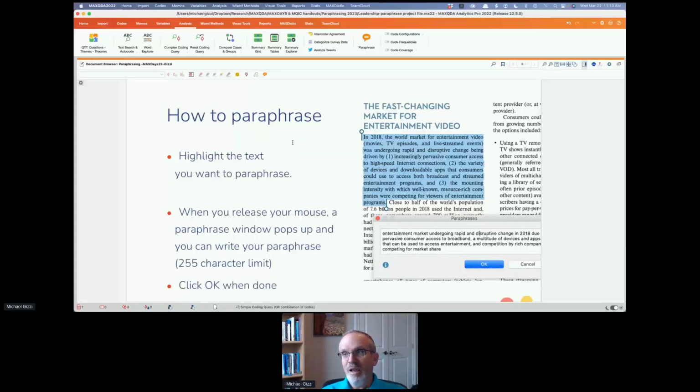Now, what if you paraphrase something and want to say more than 255 characters? That's easy. Take the segment, cut it into two paraphrases, and then just continue it. It's the same hint that I use with code comments. Generally, though, 255 characters is a lot. It's enough to put something into your own words.